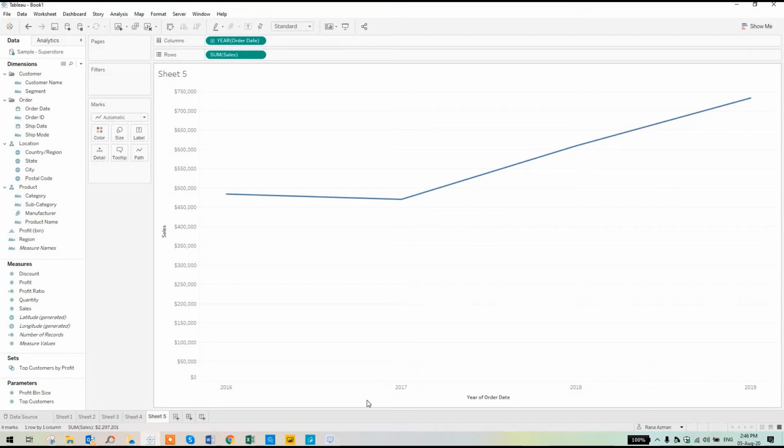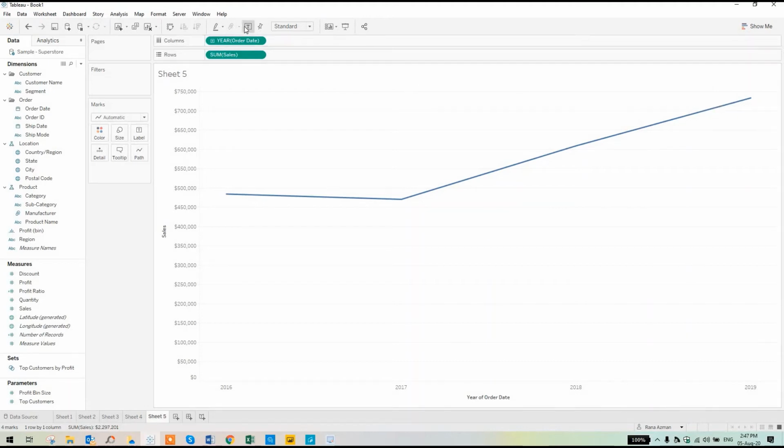Now it has put the years on the x-axis and the sales on the y-axis, and you should be able to distinguish between different sales. The number of sales by year. So as you can see, in 2019 we get the highest number of sales in that year.